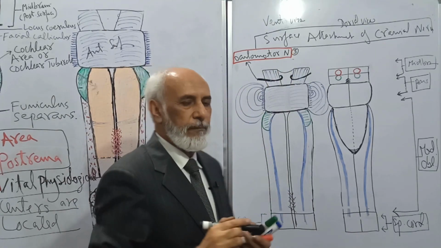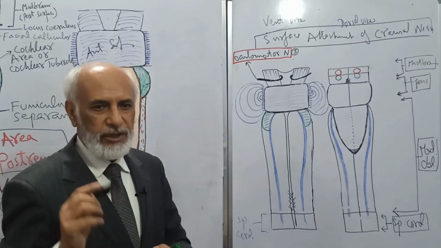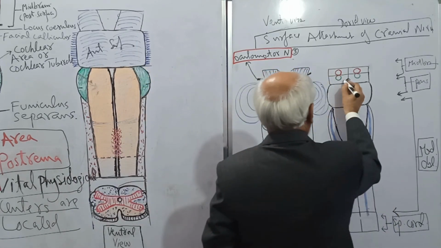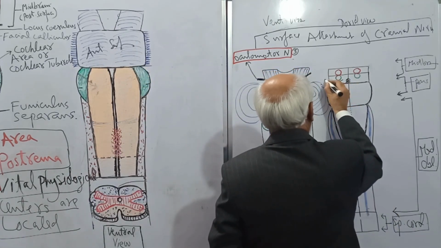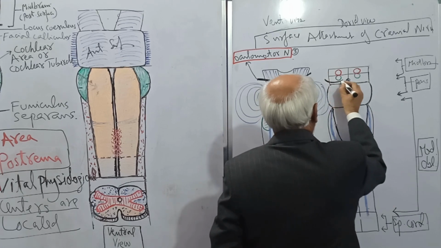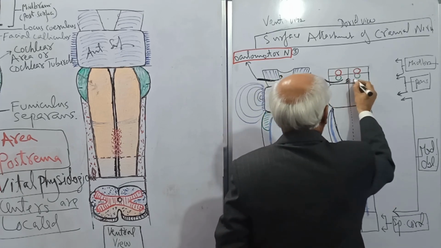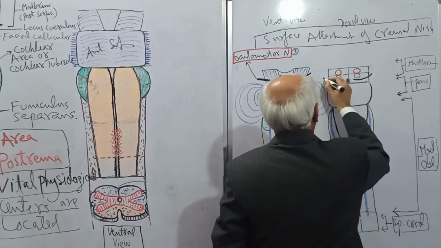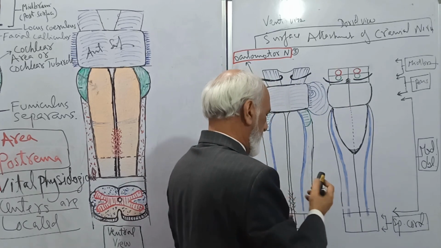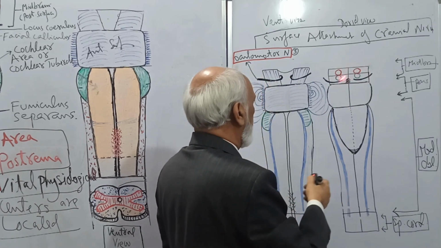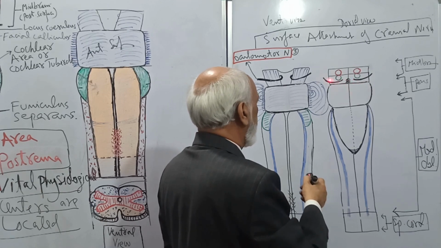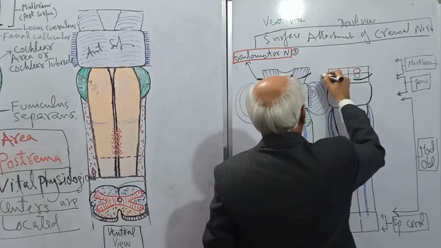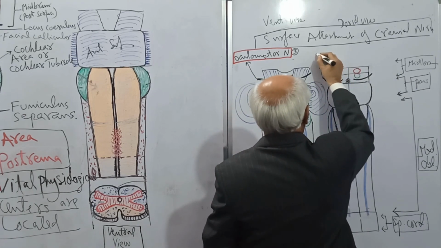Now, then there is the fourth cranial nerve, that is the trochlear nerve. It arises from the lower part of the posterior surface of the midbrain. Right and left trochlear nerve. You know, these are colliculi. Two superior colliculi, two inferior colliculi, on each side on the dorsal surface of the midbrain. The trochlear nerves.